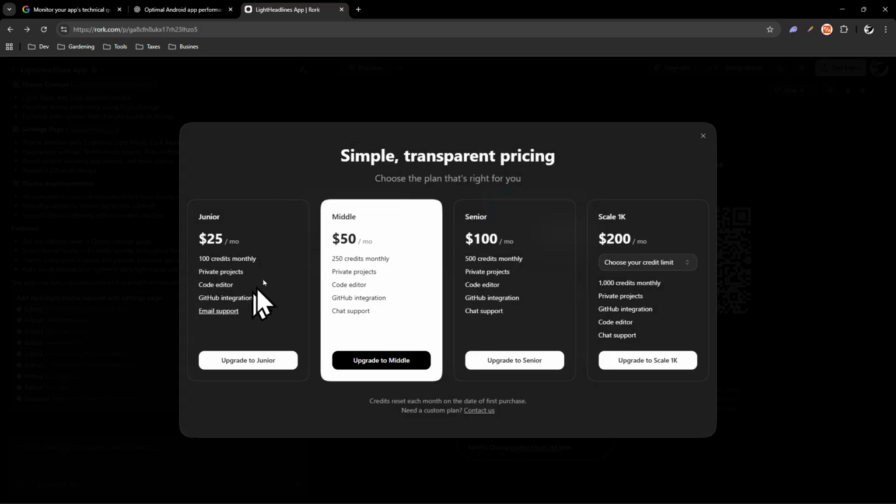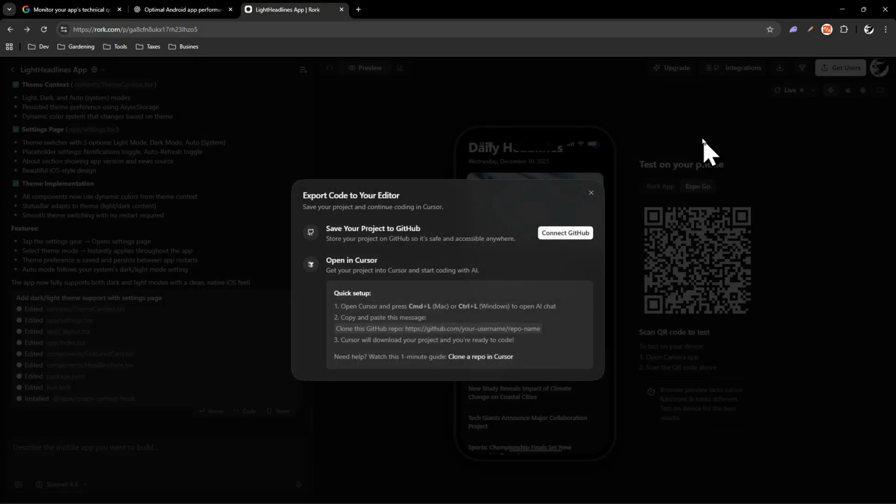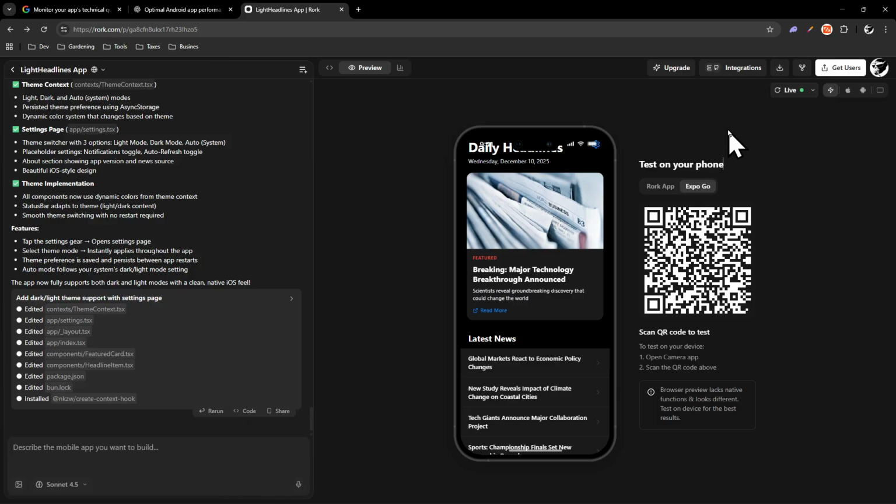What do you get? You have to pay, and there's no free option. So actually, I am on the free plan, so I do get credits every month, every day. They want to kind of keep me here and keep me using. Open in Cursor, quick setup. So it's going to tell you how to get all this, but there's a way around this, and if you just simply go to